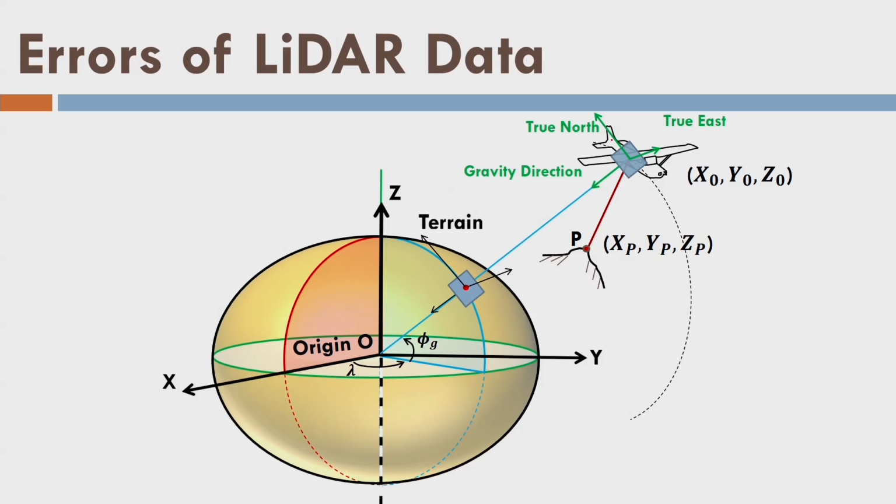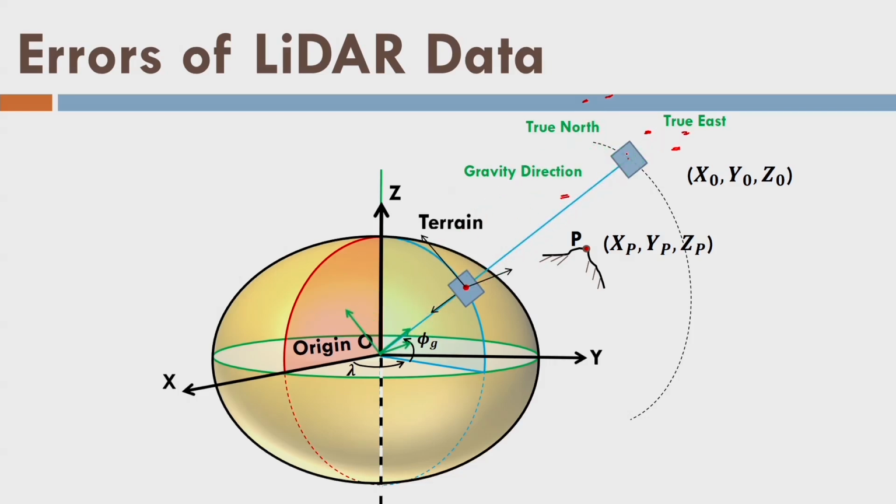We have defined the earth tangential reference frame, where this was the x axis here, this was the y axis here, and this was the z axis in the gravity direction. We flip the z axis like this, and the x and y axes, that means the y axis comes to the north, x to the true east, and z opposite to the gravity direction. So, it is an orthogonal reference frame located at the aircraft trajectory. Let us translate it like this.